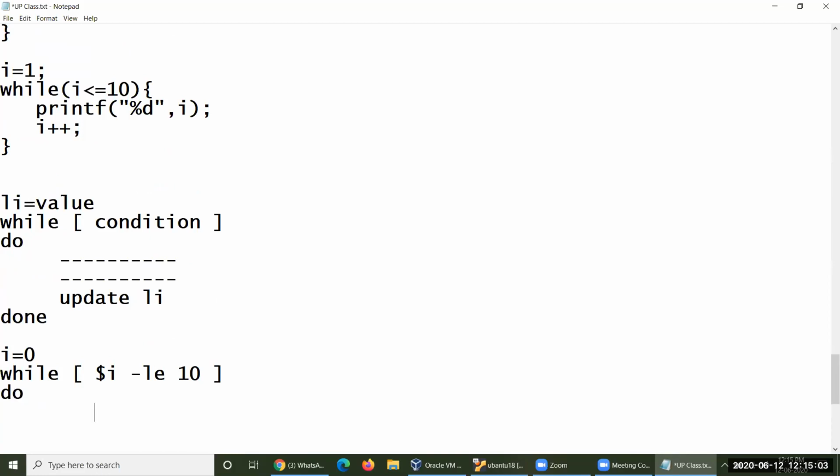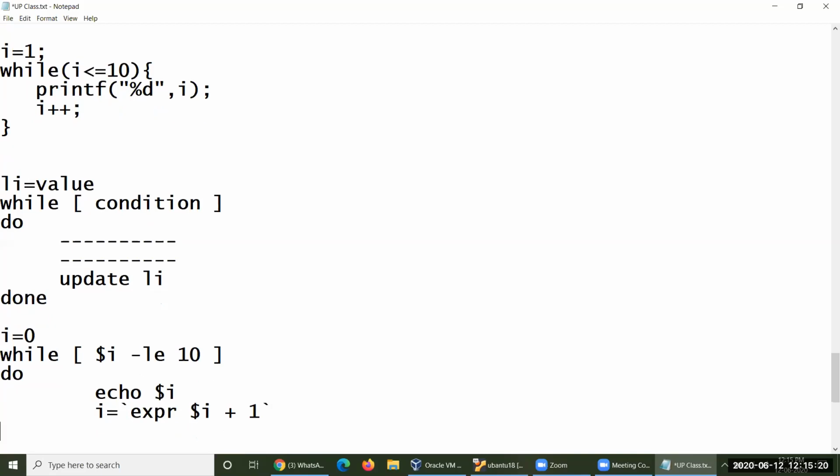Do, let me echo, produce the output here, $I, then followed by I equal to expr $I plus 1, expression gets over, then done. In this way, you perform the same operation.